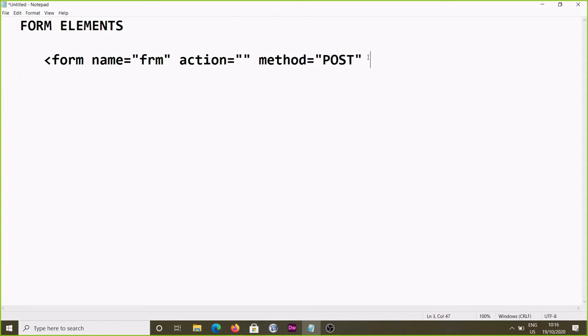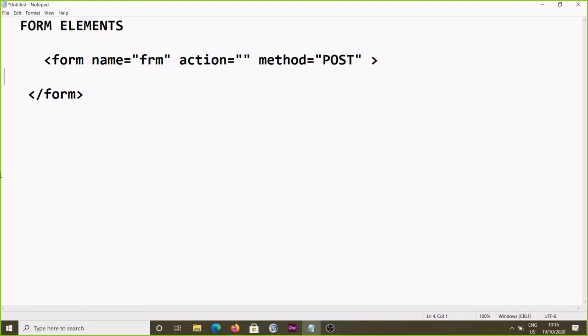So these three are the mandatory fields for the form along with the form elements. Three attributes: name, action, and method. And then you can close the form here. Inside that, whatever fields and elements you write are called the form elements. Got it? I will see them one by one. Around 8 to 10 elements are there. One by one we'll see all of the elements, and I will write the code and show it as a program, then you can see the output also, and we'll get a better concept.